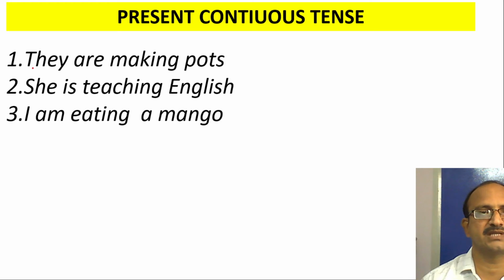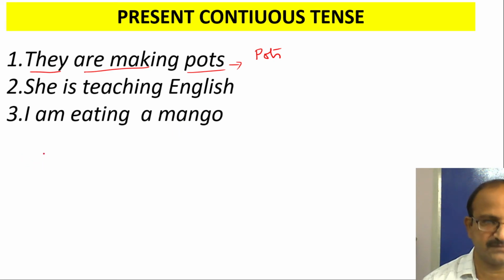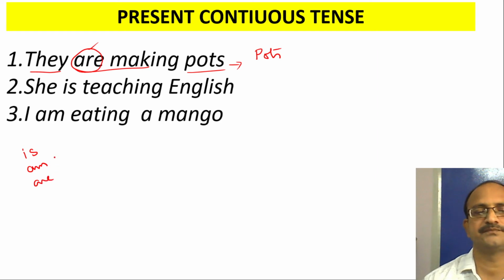Okay, so let's go for the next tense, that is present continuous tense. Here the subject is here, the verb is here, the object is here. As I said, we start with the object. So the object is parts. When we start changing from active voice to passive voice in the present continuous tense, what is the structure? Since there is already a be form here, we need not bother about any helping verbs. So you can take is, am, or are, plus the new word being in this continuous tense, and V3. This is the new one.